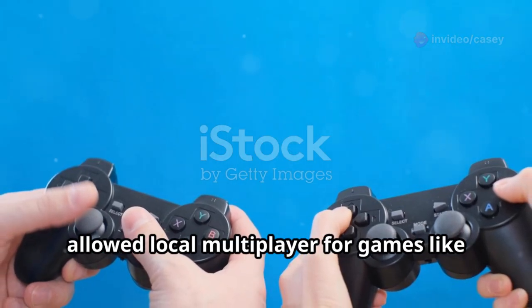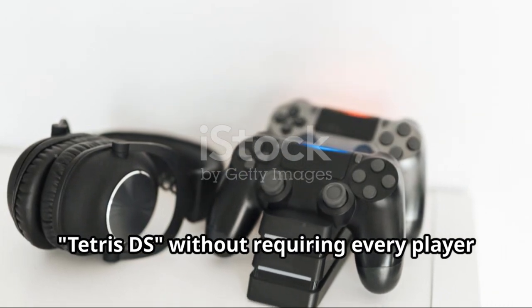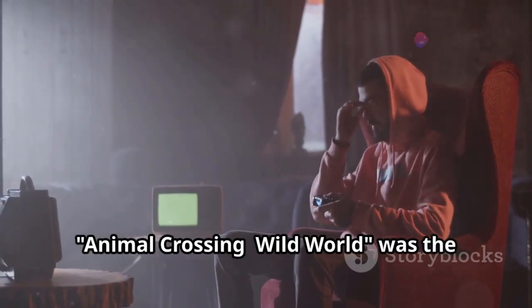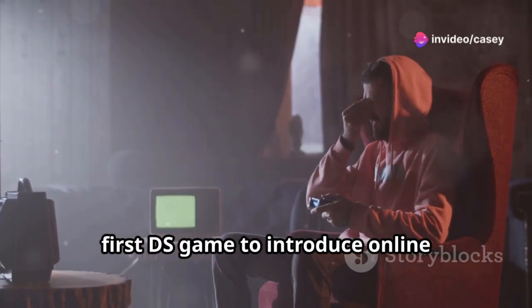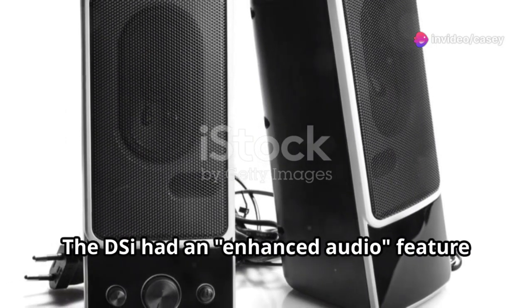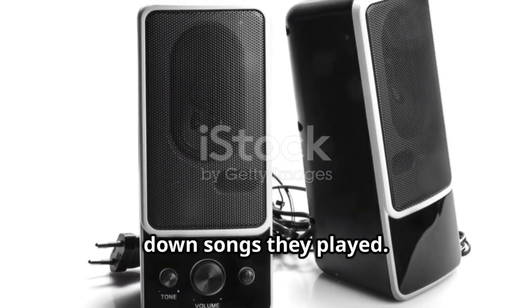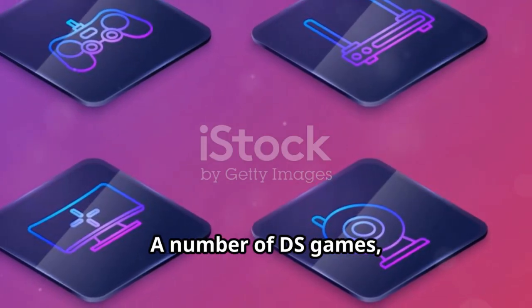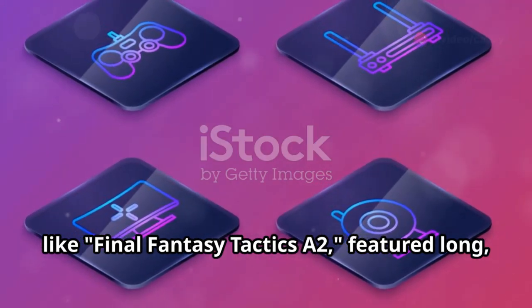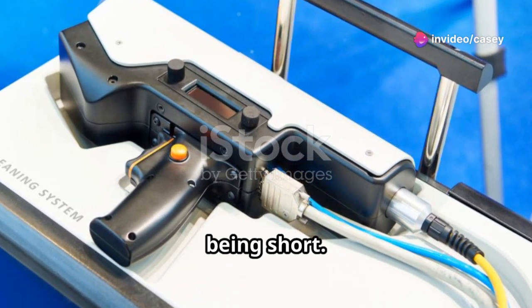The DS's download play allowed local multiplayer for games like Tetris DS, without requiring every player to own a copy. Animal Crossing: Wild World was the first DS game to introduce online multiplayer in the Animal Crossing series. The DSi had an enhanced audio feature that allowed users to speed up or slow down songs they played. A number of DS games like Final Fantasy Tactics A2 featured long, complex storylines, breaking the stereotype of handheld games